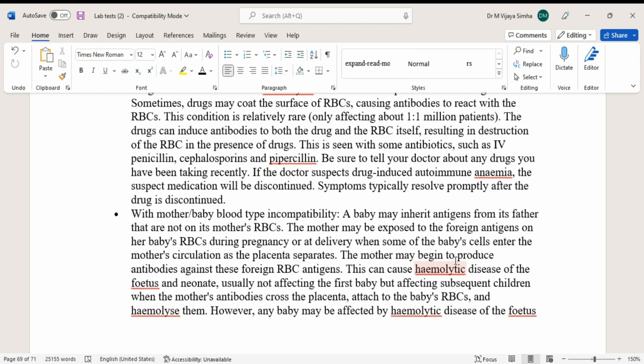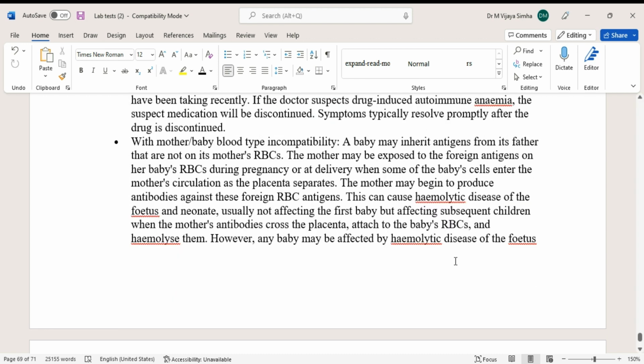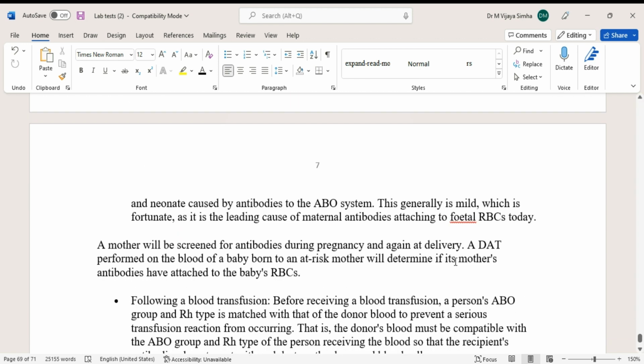This can cause hemolytic disease of the fetus and neonate, usually not affecting the first baby but affecting subsequent children, when the mother's antibodies cross the placenta, attach to the baby's RBCs, and hemolyze them. However, any baby may be affected by hemolytic disease of the fetus and neonate caused by antibodies to the RBC ABO system. This generally is mild, which is fortunate, as it is the leading cause of maternal antibodies attached